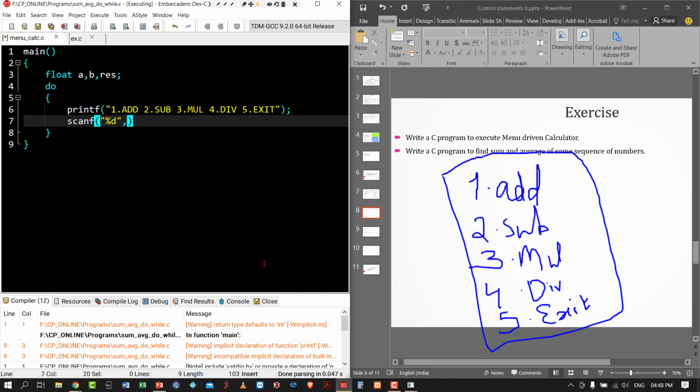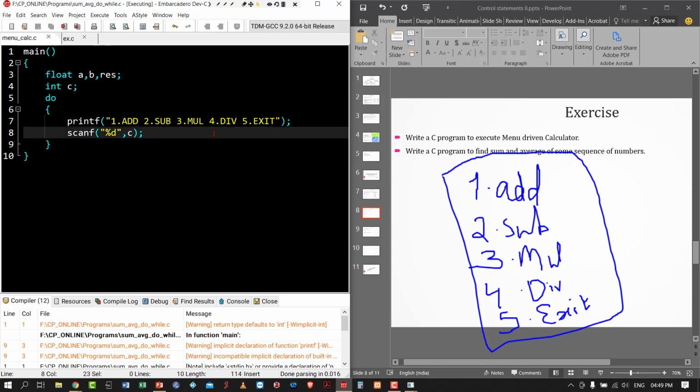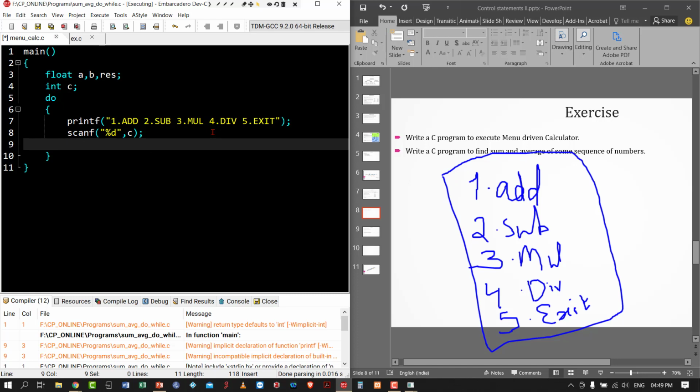I am storing it in c because I am considering it as a choice. c is not declared, so I am declaring it as integer type, int c. Then I am writing a printf statement again.